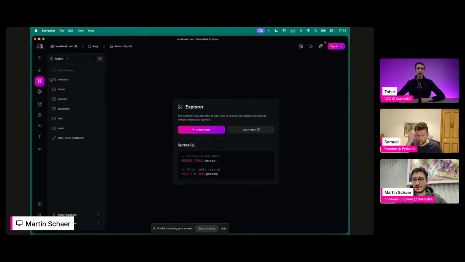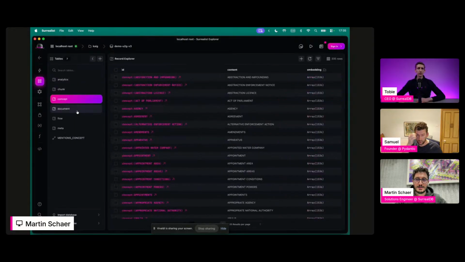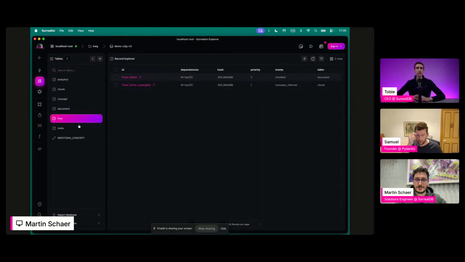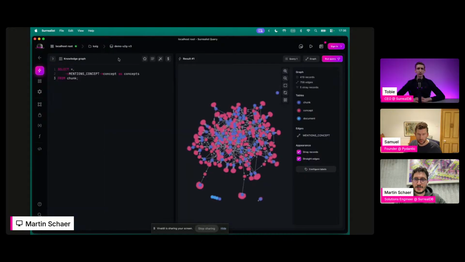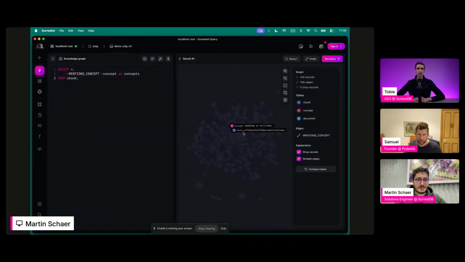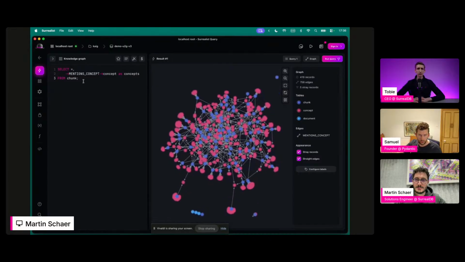Here within Surrealist, you can also, of course, go in and look at the data itself. There's a bunch of stuff there, also metadata. I'm using SurrealDB for the knowledge graph, but also to store some metadata like this. I am using flows to keep track of which records I have chunked, which records I have inferred, and so on. And you can, of course, run queries. At the moment I am using a demo database with a couple of small documents.